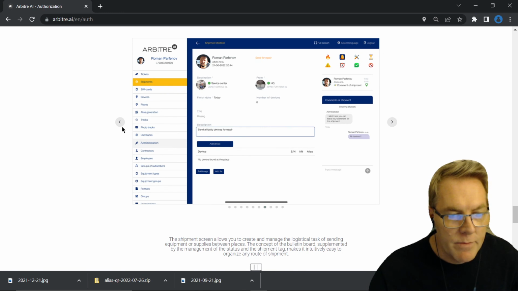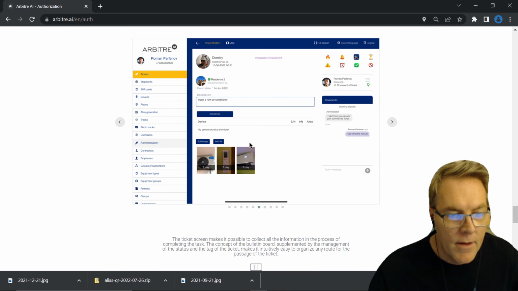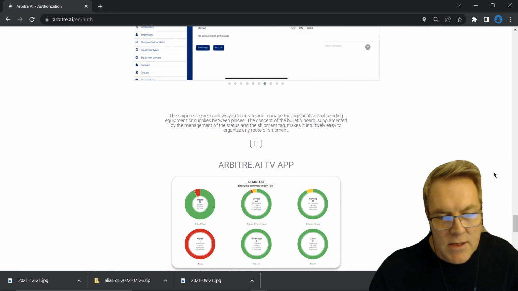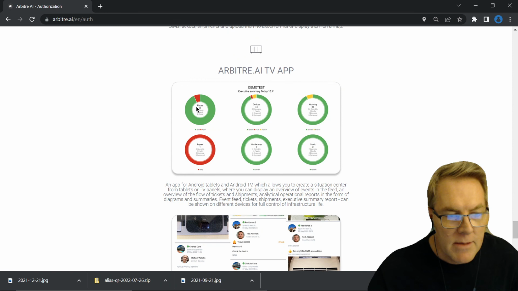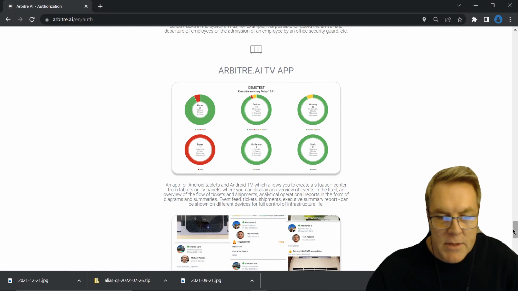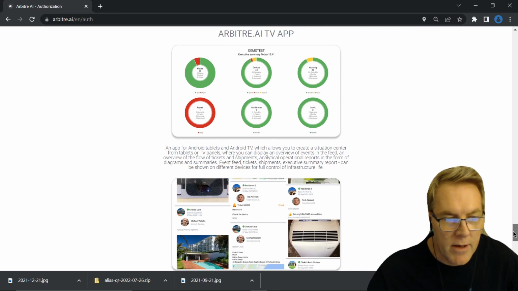Shipments, about to go live. And there's your tickets for this specific device. So here's the TV app. I was talking about the business intelligence reporting side of things. Here you can see the places that have been added, the devices, the working places, on the way, items which are in repair. This is business intelligence reporting, and every manager will know what I'm talking about now.